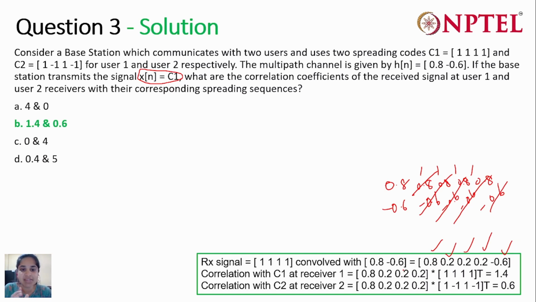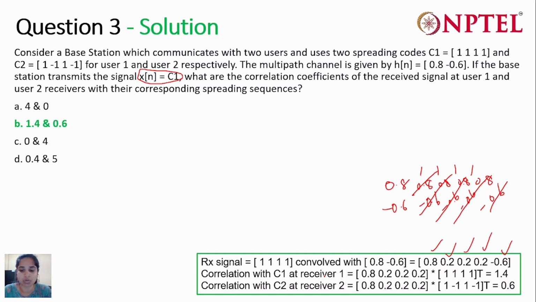But since we sent only a 4-bit sequence, we will be receiving only 0.8, 0.2, 0.2, 0.2 for now. So when we are finding the correlation, we'll find it with only these 4 samples. In the same way, you have to correlate the received signal with your spreading code C1 in the first case